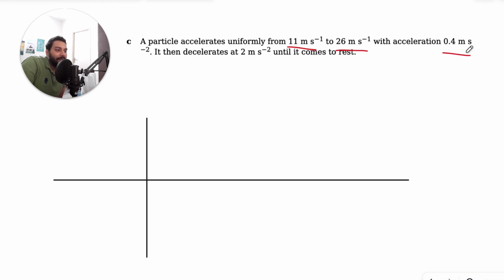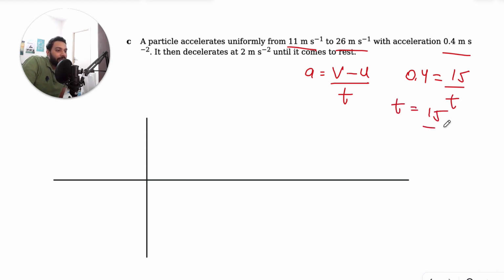to calculate the time. So acceleration is basically v final, or v minus u over t. We're given a, v and u. So a is 0.4, equal to v 26 minus 11, which is 15, over t. So t is 15 over 0.4, which is 150 over 4. That's going to be 37.5 seconds. So it accelerates for this much time, and then it decelerates at 2 meters per second square until it